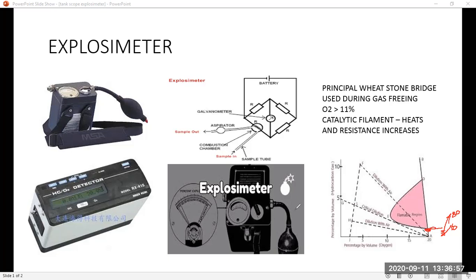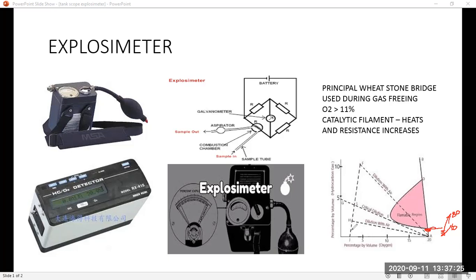So when do we need to measure so finely? When we have finished the inerting and we want to do the dilution with air. This time the percentage of hydrocarbon is very less, and we want to measure very finely. So below LEL also we keep continuing and keep measuring the